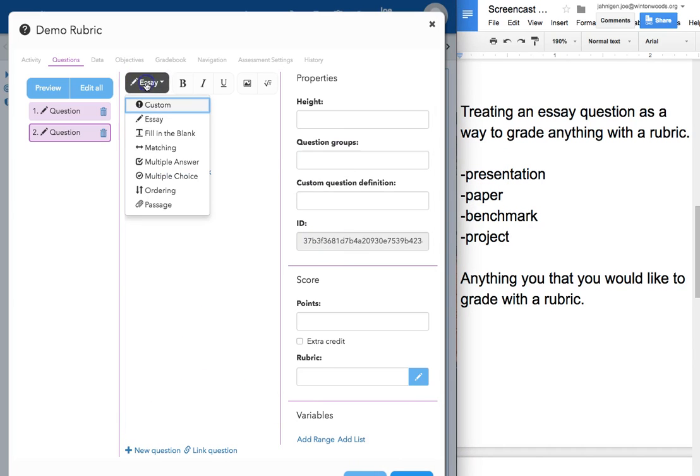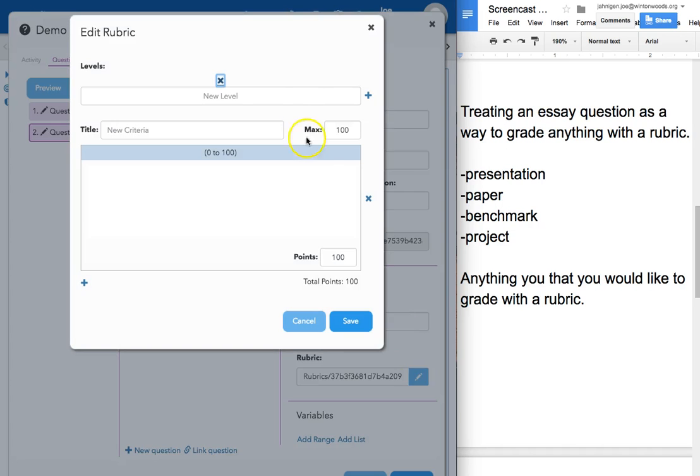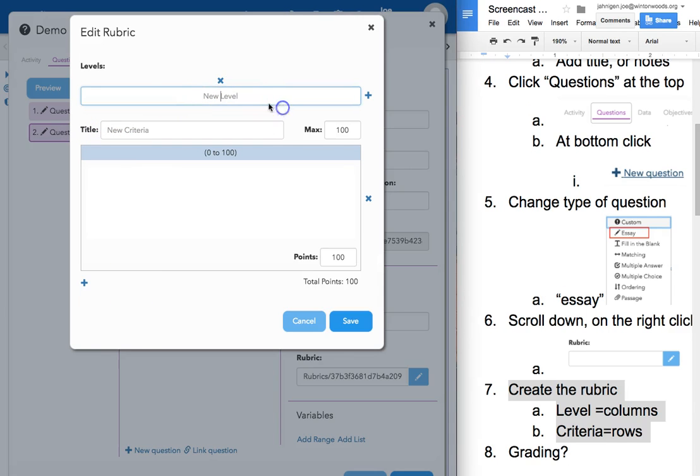All right, so we've selected essay over here. Let's say it's a student discussion. Student discussion rubric. And then if you click over here, this is how you create a rubric. Now, the levels are the columns and the criteria are the rows. So for example, on levels, if we wanted to call this below expectation,